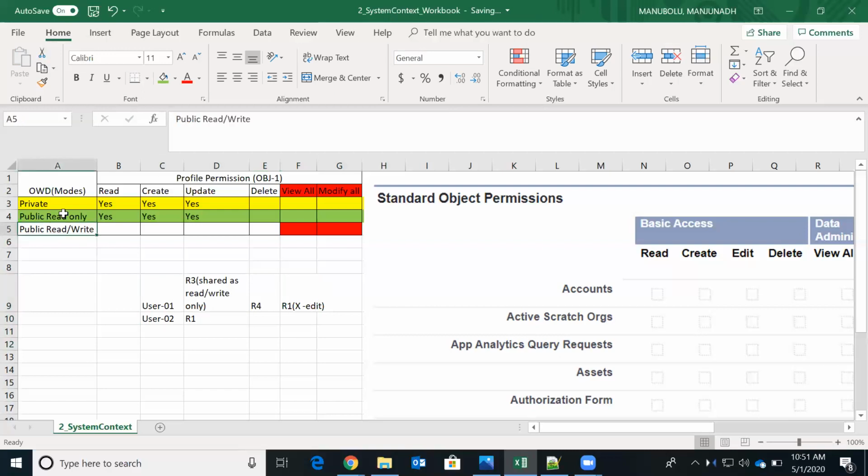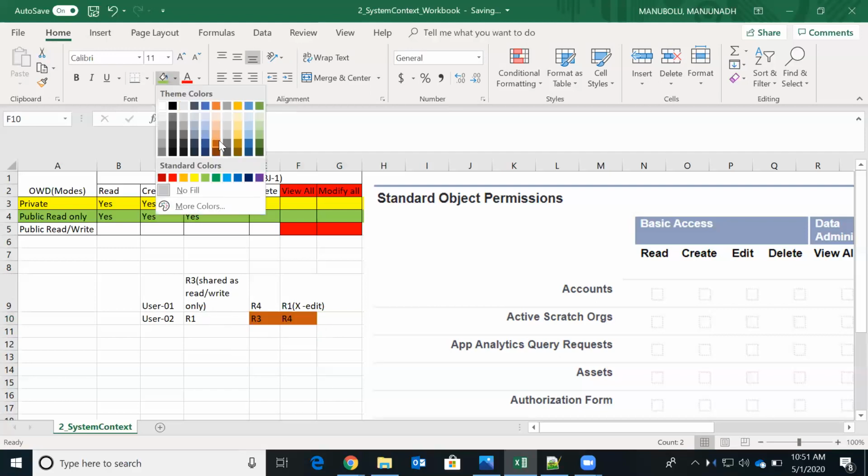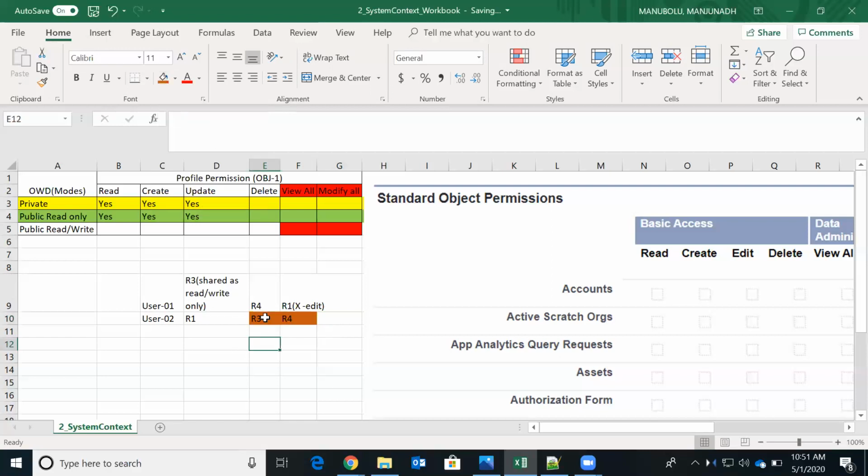Now OWD is public read only, so user 2 can see the R1 record because it is created by user 2 only, plus in addition to this the R3 record also he can see, plus the R4 record also he can see. But for these two records he doesn't have edit access, so he will not be able to edit these records. Let me put it in this way, dark mark. So the R3 and R4 records will not be editable by user 2. Okay, but